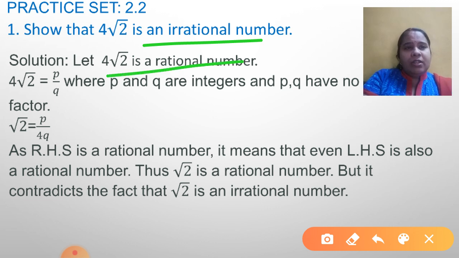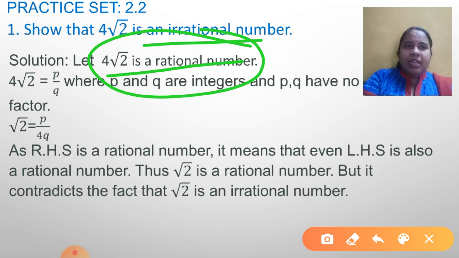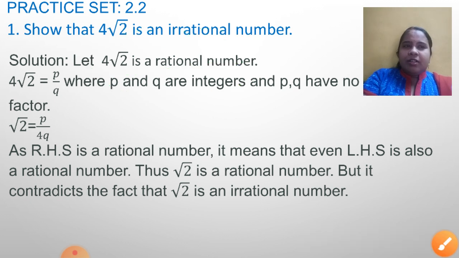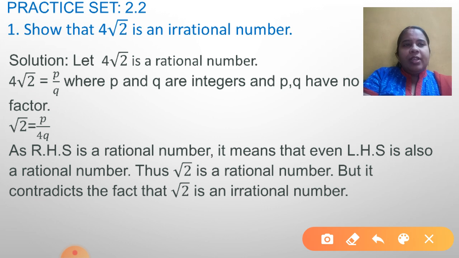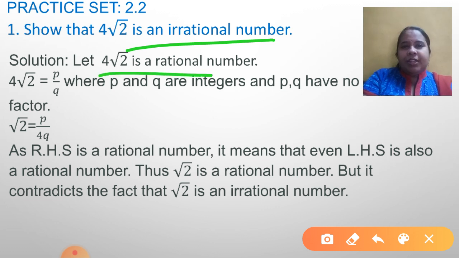Yes, this method of proving is indirect. Why? Because after some steps, I will prove that this assumption of mine is incorrect. Hence, whatever was given in the question is correct. Don't be afraid, it is not difficult at all. Let's see how it can be written. First step, as I have told you, we will assume exactly the opposite of what we want to prove. We wanted to prove that it is an irrational number. So I am assuming that the given thing, that is 4 root 2, is a rational number.